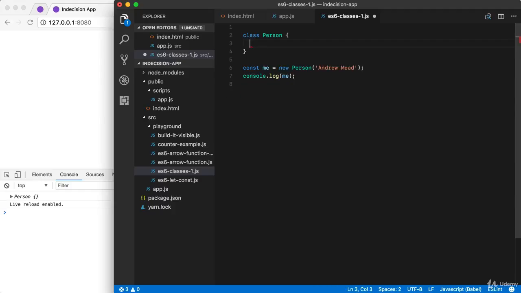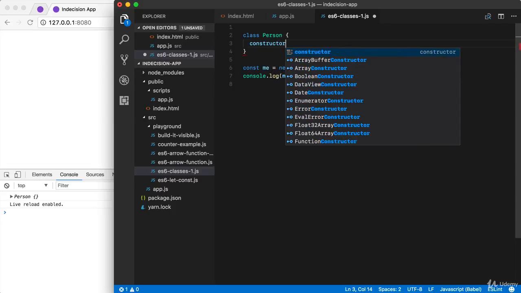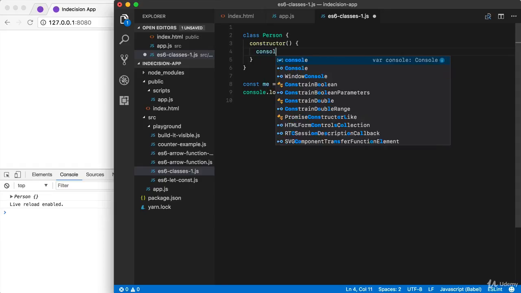You have to use the ES6 method definition syntax we looked at when we explored arrow functions. If you remember, we start off with the name, constructor, and go ahead and double check the spelling, because if you misspell it, the constructor function won't get called. Then we move on right away to our arguments list, followed by the curly braces. Now in here, we have a regular function body, so we can do all of the things we do in regular functions. For example, we can go ahead and console.log